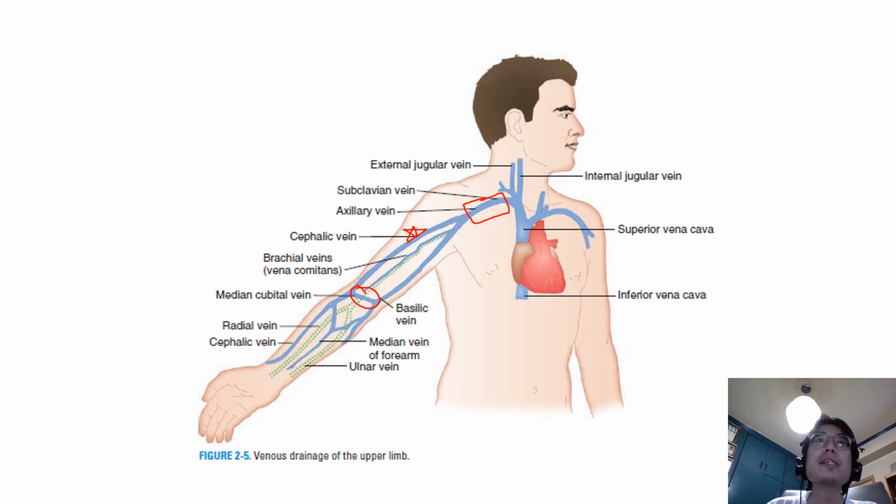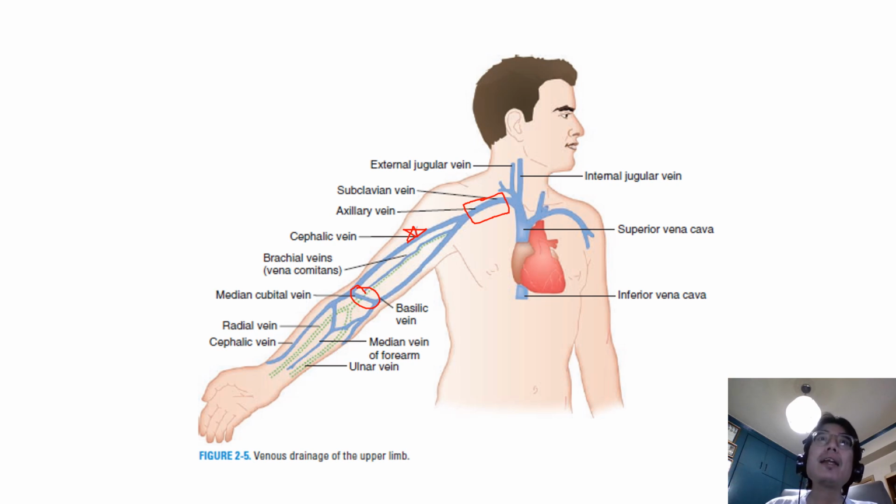More distally is the median cubital vein, which is a connection between the cephalic vein and the basilic vein over the cubital fossa. The median cubital vein lies superficial to the bicipital aponeurosis, and thus it separates it from the brachial artery. The median cubital vein is vulnerable to being punctured during intravenous injections and blood transfusions.